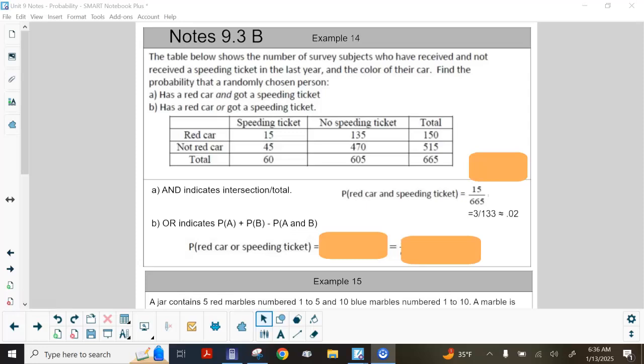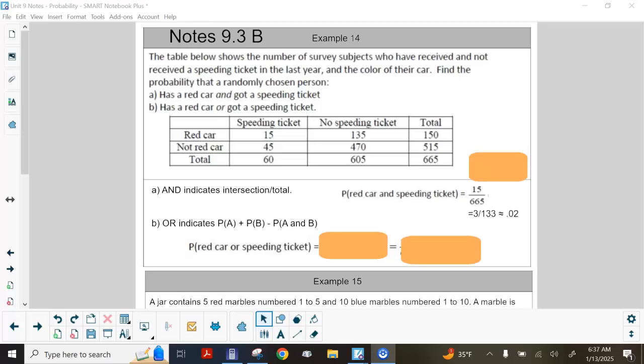Hey guys, I just want to make sure you have the notes for today, which is the 9.3b. This is a continuation of what we did on Friday for 9.3a, where we did the OR probability. This is going to be a combination of OR and the conditional, which was the givens. So make sure you're reading each question carefully so that you are doing the correct formula for the probability that's